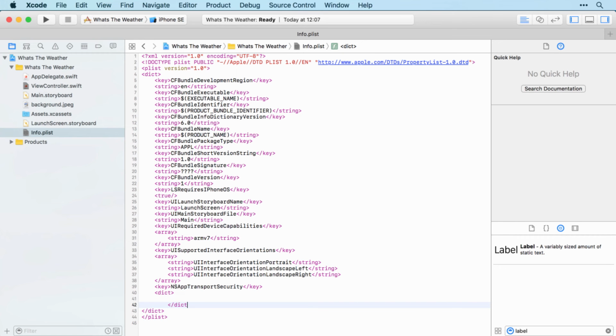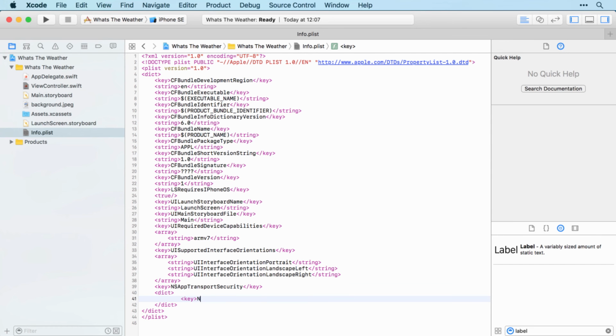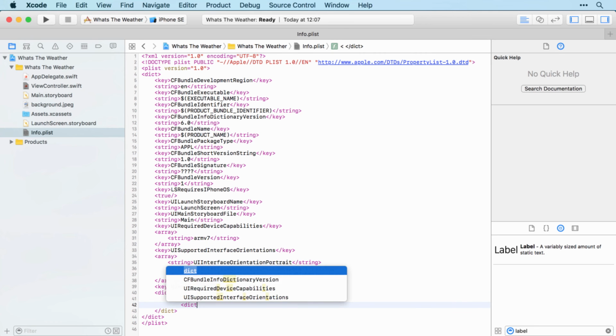I'll just end the dictionary so I don't forget to do so later. And then within the dictionary, we have another key, which is NSExceptionDomains. And within that key, we're going to have another dictionary,